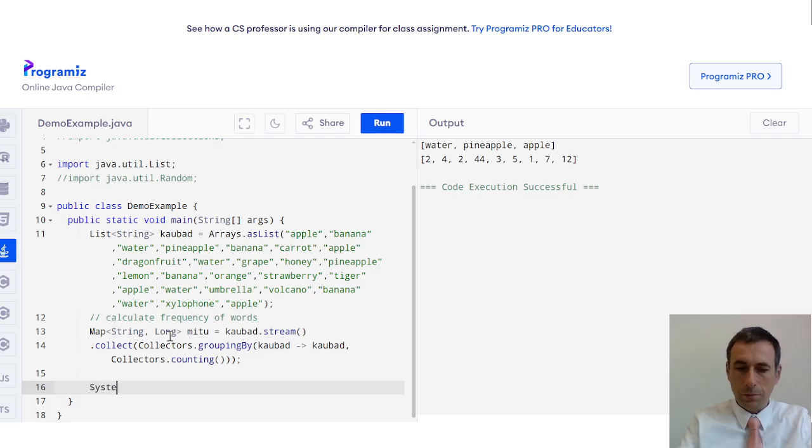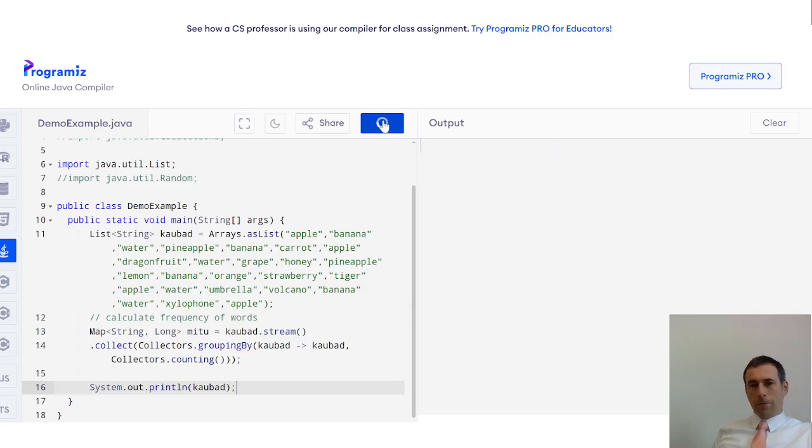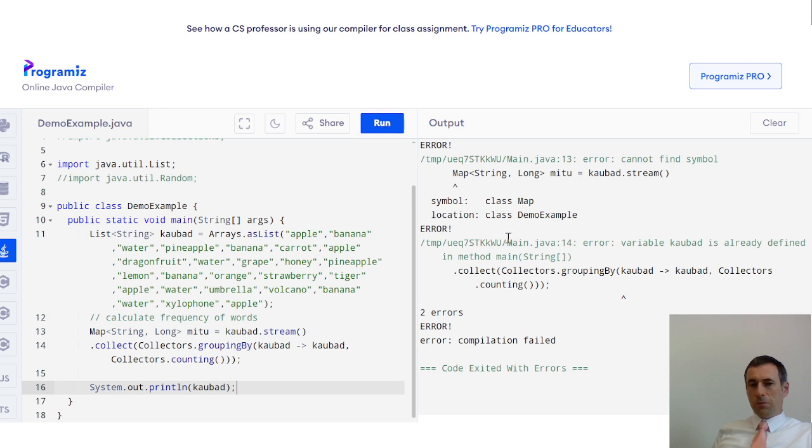For example, and then the entire string. So how many errors are we going to get if I press run? Only 2. Cannot find symbol map. Okay, obviously we